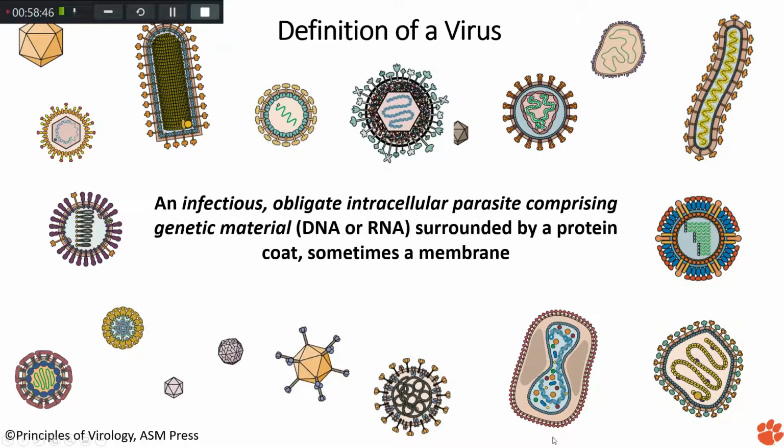These are surrounded by a membrane, and this membrane is almost exclusively a phospholipid bilayer derived from the host. Now remember that derived from the host does not mean that it is always derived from the cell membrane. This can be derived from the endoplasmic reticulum, from the Golgi, or any of the endomembrane system, as well as the cell membrane. So this can be derived from anywhere, but it is usually exclusively the endomembrane system of the host cell.